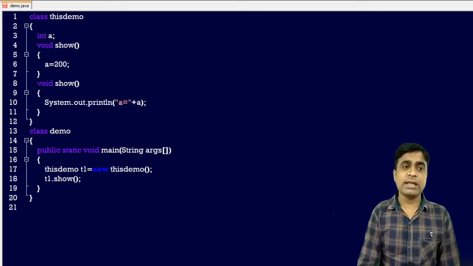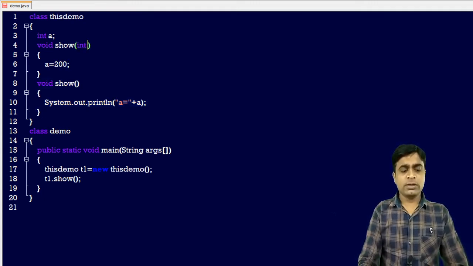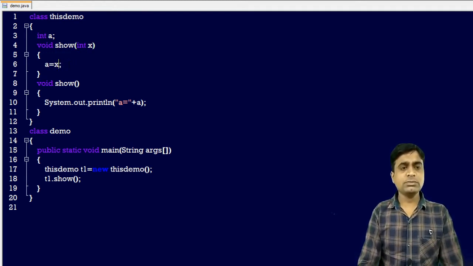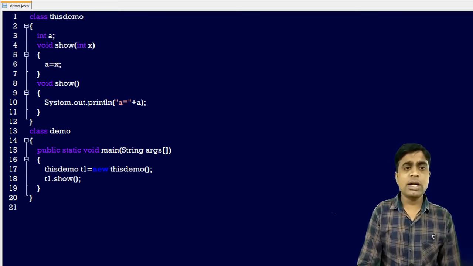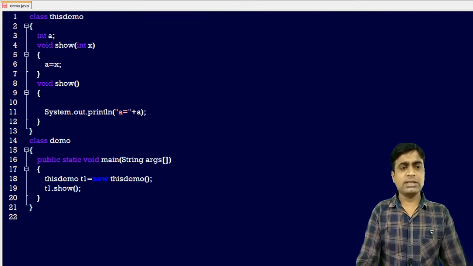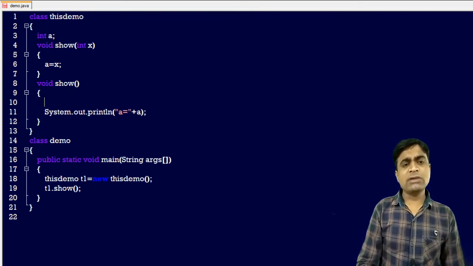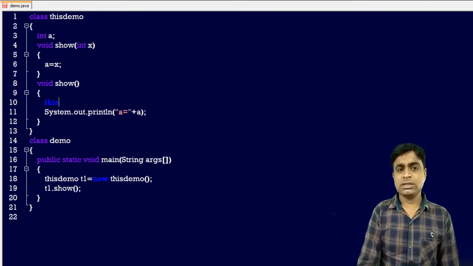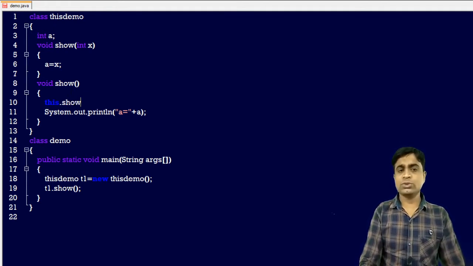I have created the same method, void show, but we need to pass some value here because in method overloading the parameters must be different. So I am passing a is equal to x. I have created one parameterized method. And now if you want to call the method here, we have two options. We can also call it using this, this.show, and just write the parameter like 200.